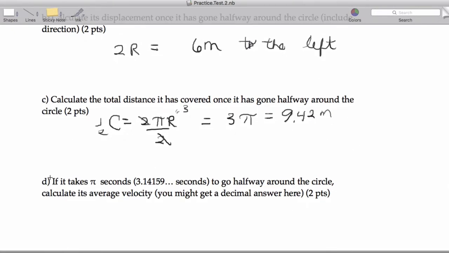And then here it says if it takes pi seconds to go around the circle, calculate the average velocity. So again, average velocity is going to be the displacement over the time, and that's going to be 6 divided by pi. We can actually work that out if we choose. I'll just get a number for that. So 6 divided by pi gives me about 1.91 meters per second